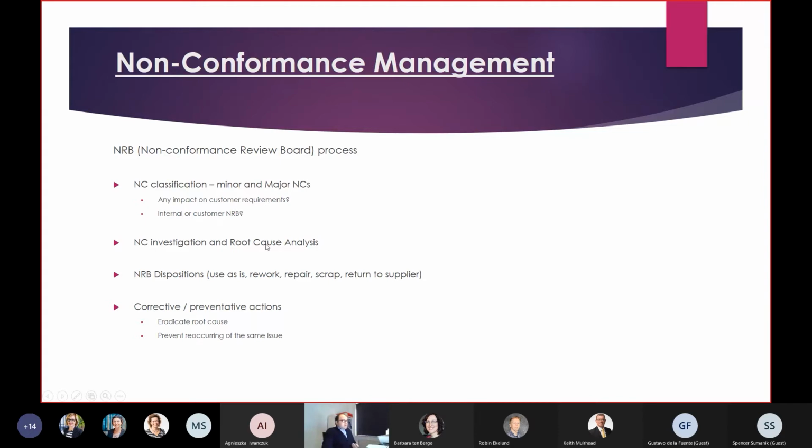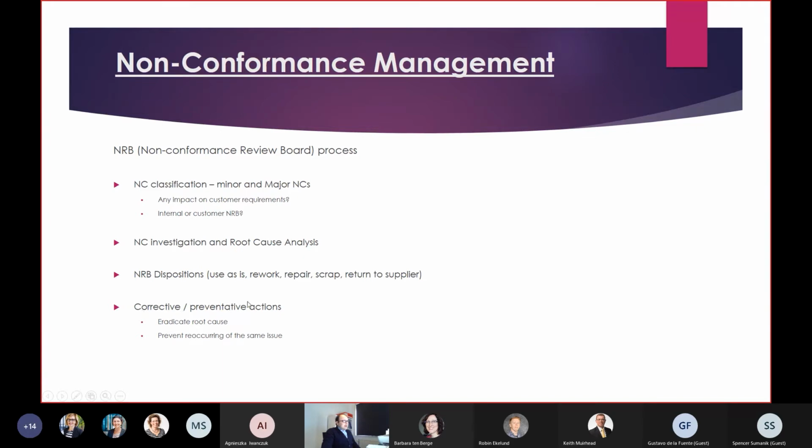The NCR investigation root cause analysis is also a very important activity because we want to really understand and solve the issue. Of course, the NRB gives disposition, which can be use as is, rework, repair, scrap, return to supplier. There can be several dispositions. And the NRB is normally composed of the PA engineer, the engineer of the product in subject, and also you might require help from other disciplines, like if you have a non-conformance on a component, you ask for support of the AAA parts engineer, for example.